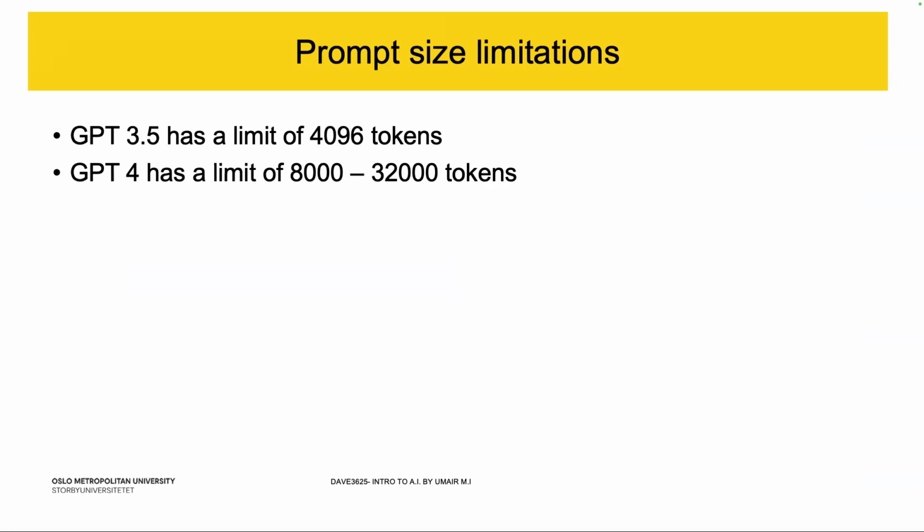There's also a limitation on how big a question you can ask. If you have a document which has 20 pages, you cannot use GPT 3.5 to parse that document because the number of characters is too long. But you could use GPT 4 to parse it. But if you have a much bigger document, GPT 4 would also fail. So you need to know the context window, which we discussed in the last lecture. The context window is how big a question you can ask while prompting the model.